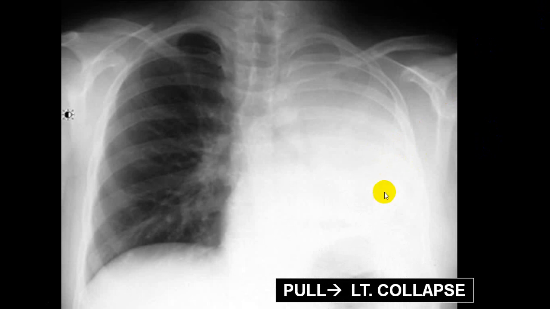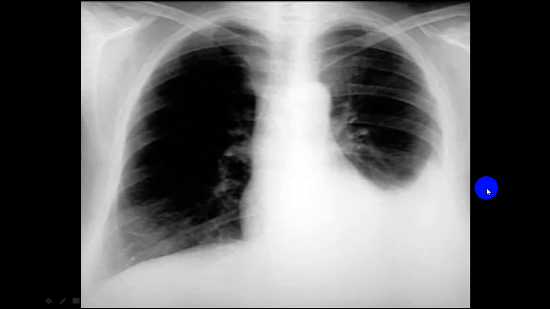Now, if you look properly here, you cannot identify the dome of the diaphragm. The costophrenic angle is also not identifiable. And if the trachea is seen, you can see it is a little towards the left side. It has to be here somewhere, like this, but instead of that, it is a little towards the left side. So it will fit with what we call a left lobe collapse.